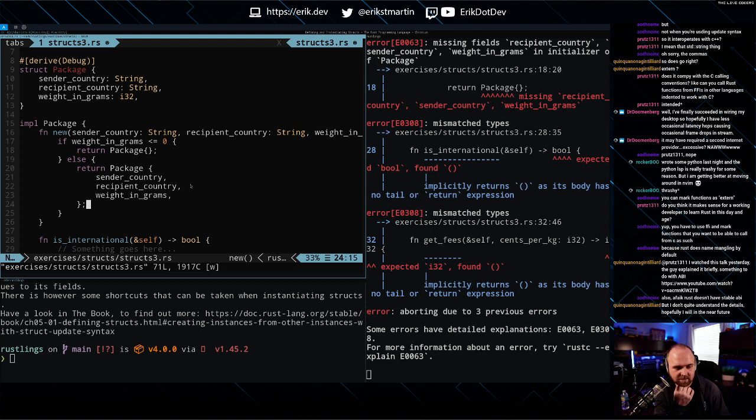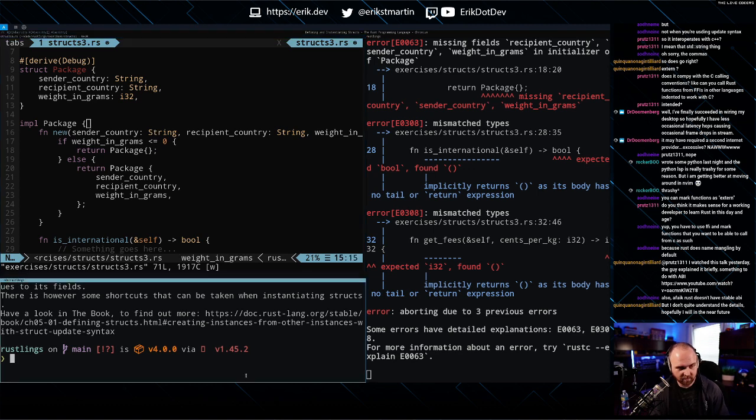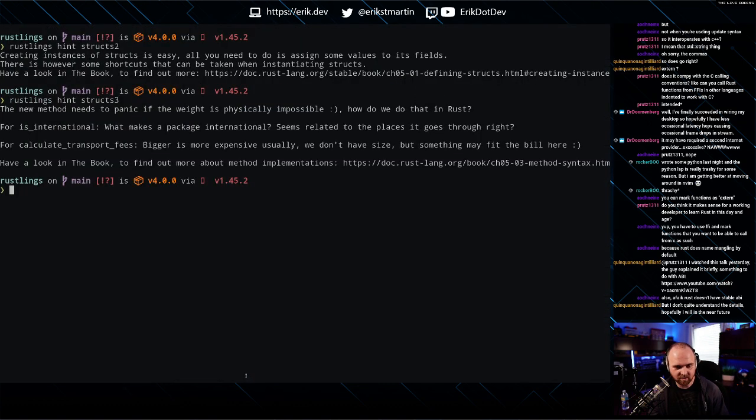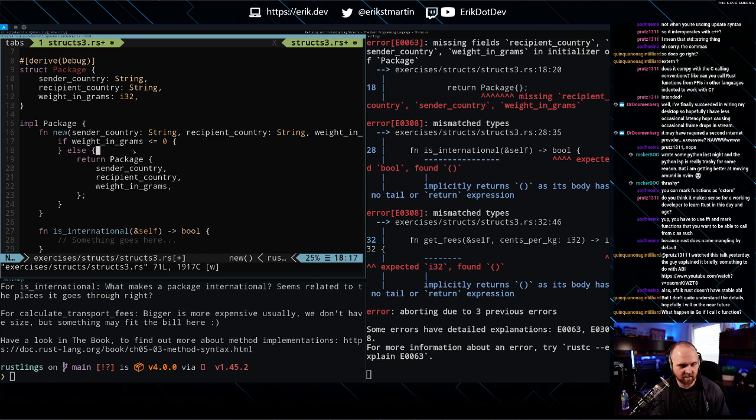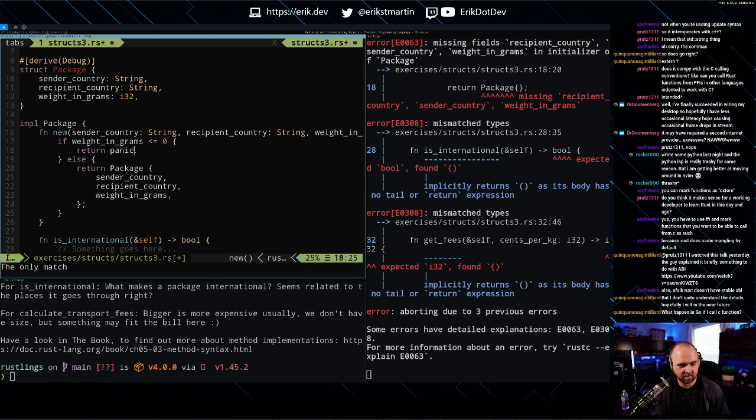Okay, let's see. I'm not sure what this is asking for. I'm just going to get a hint here, because I feel like there's something interesting it wants us to do with that return. Okay, it wants us to panic. That's what I thought. It's not wanting us to return like a default.